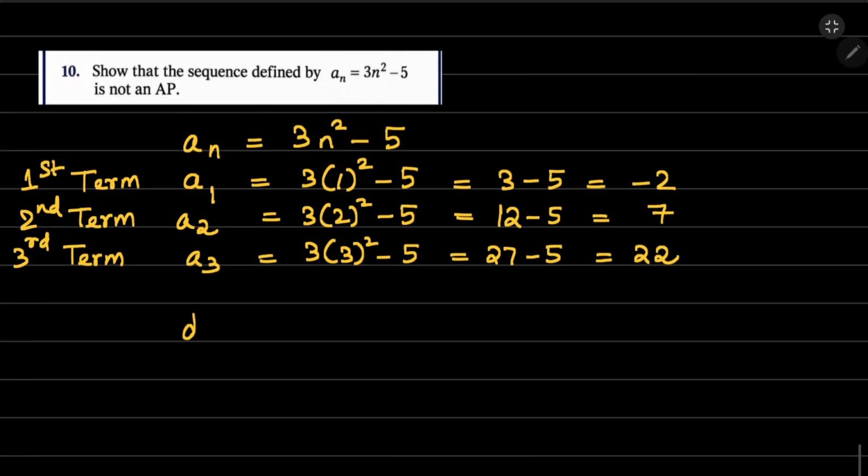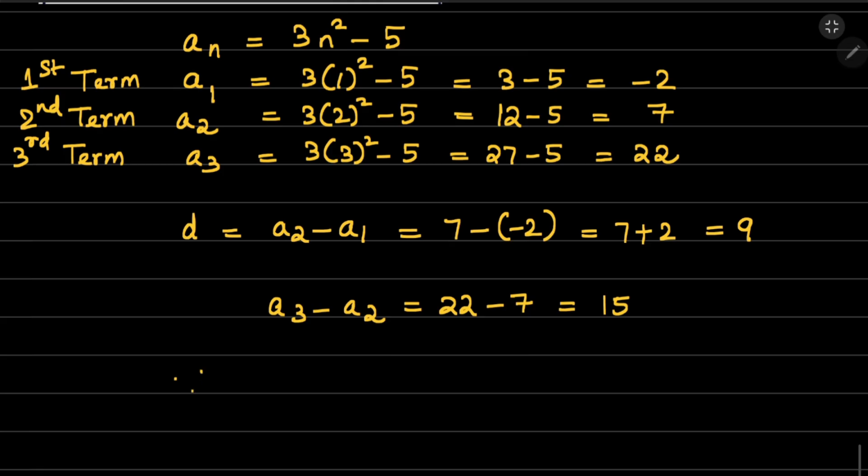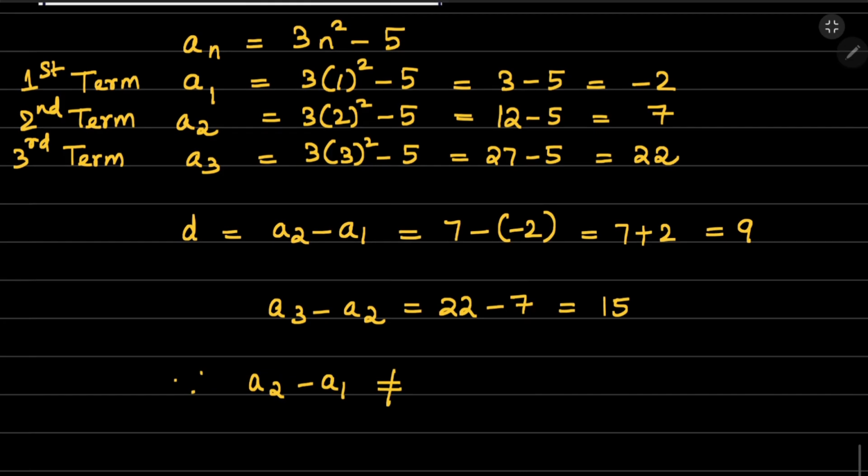Now let's check D. D is equal to A2 minus A1. What is A2 minus A1? 7 minus of minus 2, which is equal to 7 plus 2, which is equal to 9. Right? And let's check what is A3 minus A2. What is A3? Third term, 22 minus 7. What is 22 minus 7? It is 15. Right? Therefore, since A2 minus A1, the difference between the second and the first term, is not equal to the difference between the third and the second term,